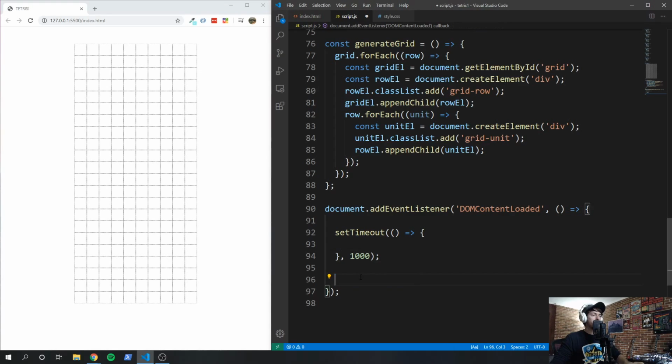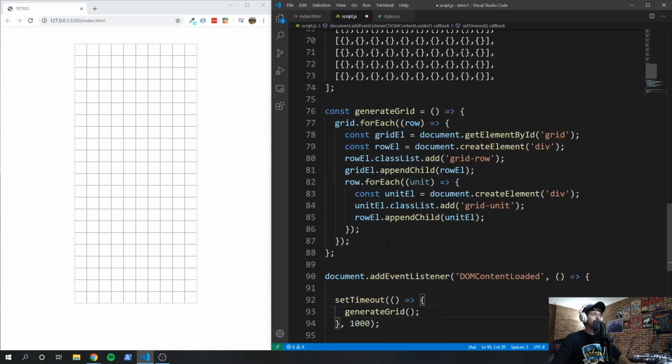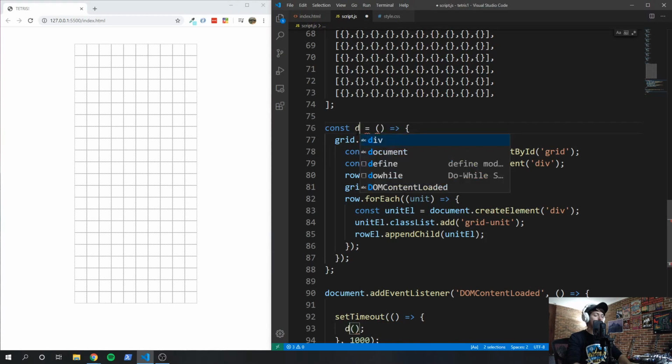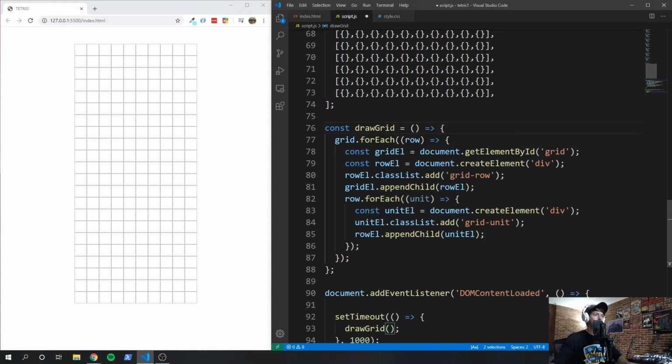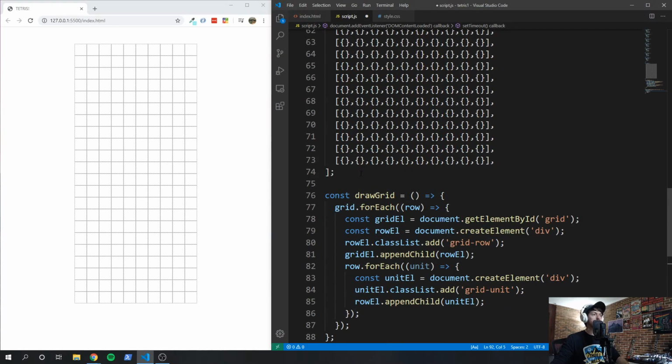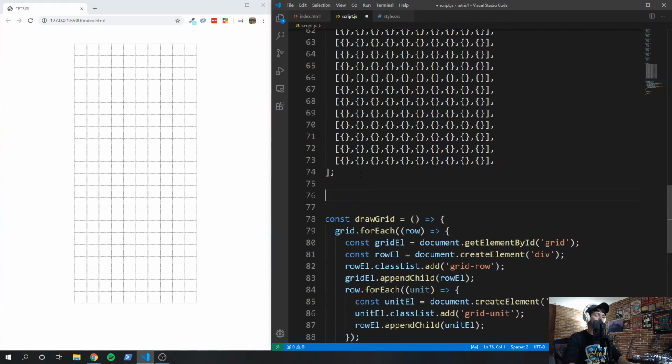Generate grid is actually going to have to get called every game loop. So I'm going to rename this. Instead of generate grid, I'm going to call it draw grid. Okay, so now every second it's going to draw the grid, and we need to keep track of the current piece that's falling. So I'm going to create a let currentPiece equal to an empty object,